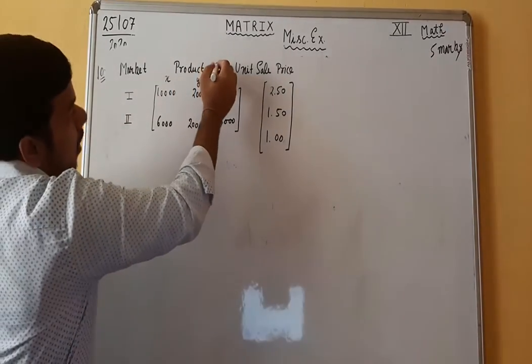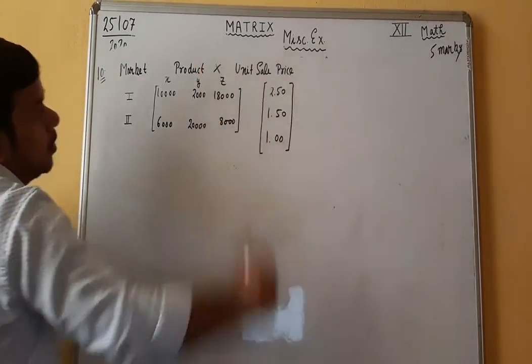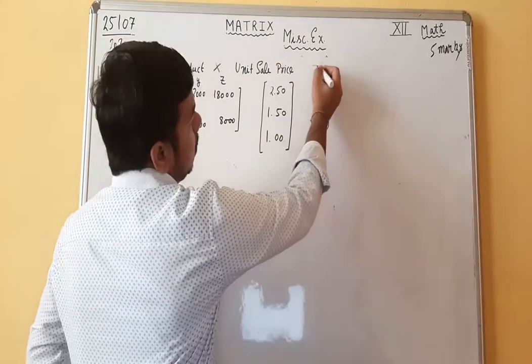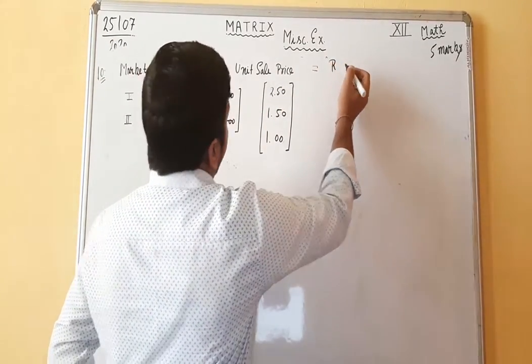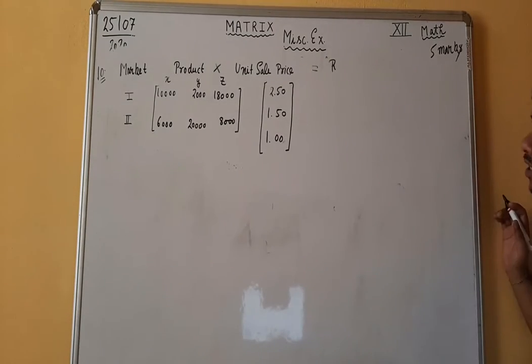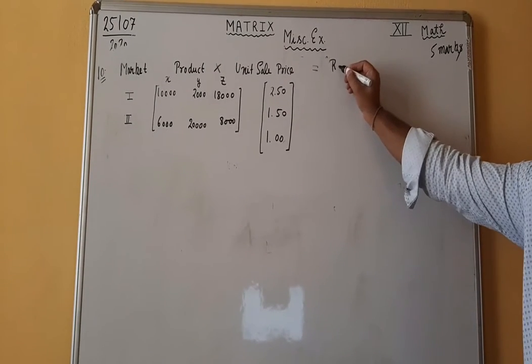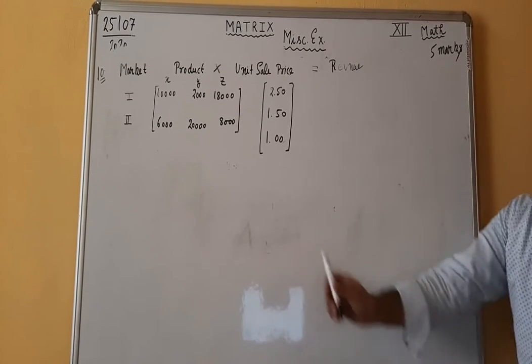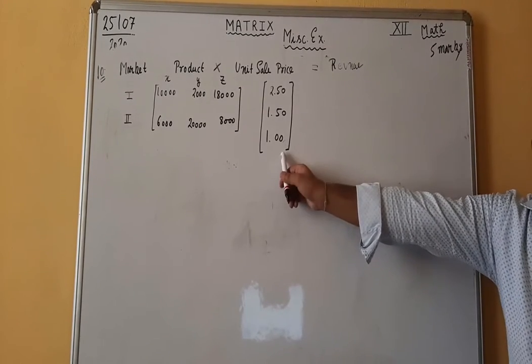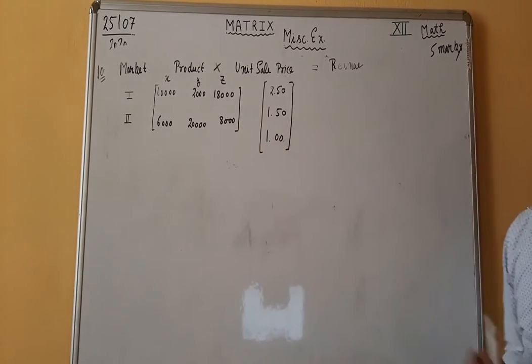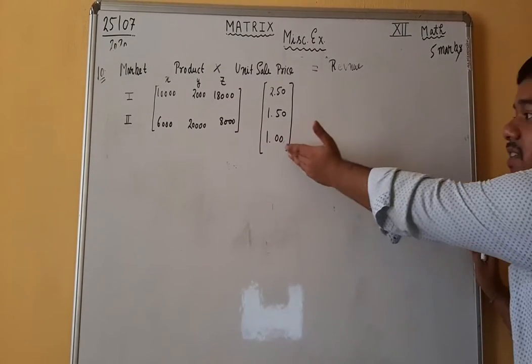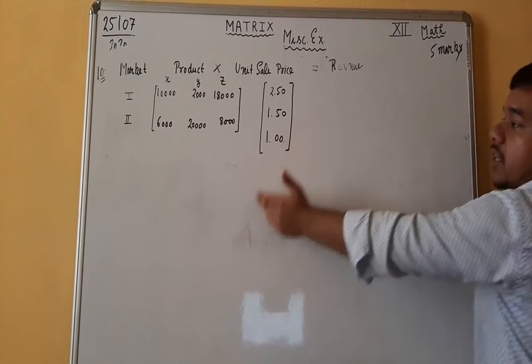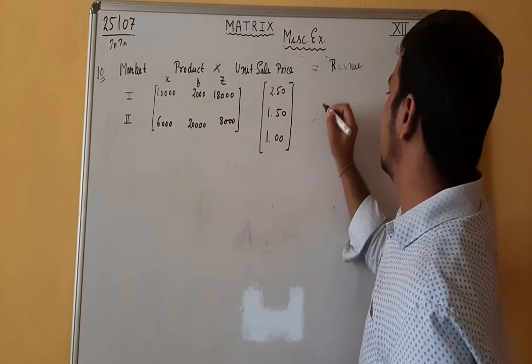Now we have to find the revenue of each market. Okay, so to find the revenue we should multiply product by the unit sale price. If I will multiply number of product and unit sale price, then I will get the revenue. Okay, I will write this as a column vector because in this case the product exists. If I write it as in a row vector, then the product does not exist, right? So let us multiply.